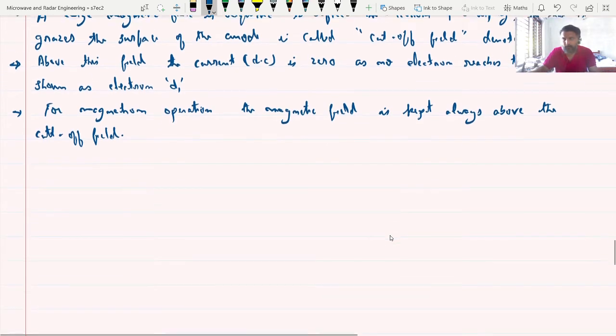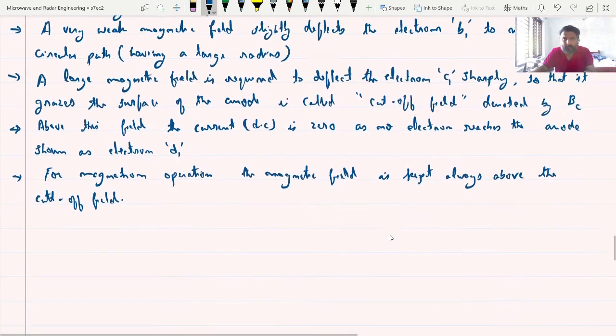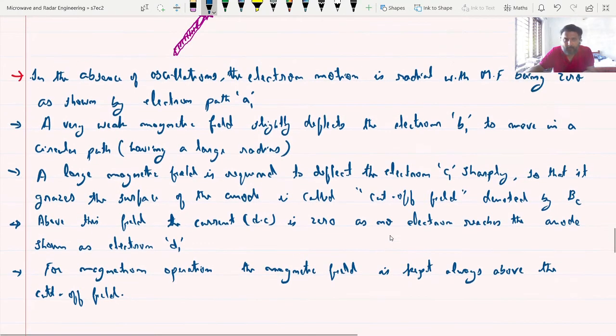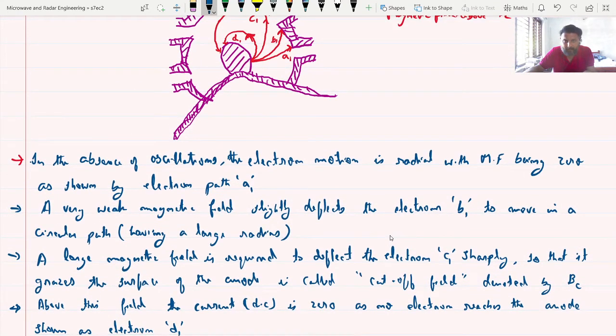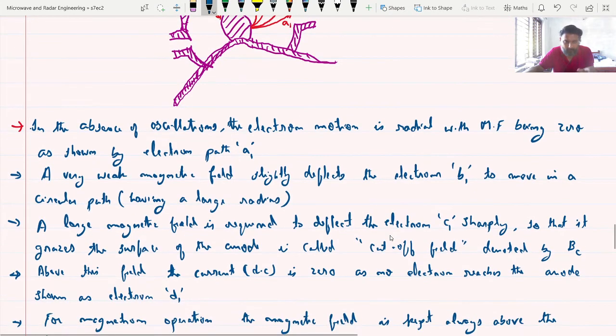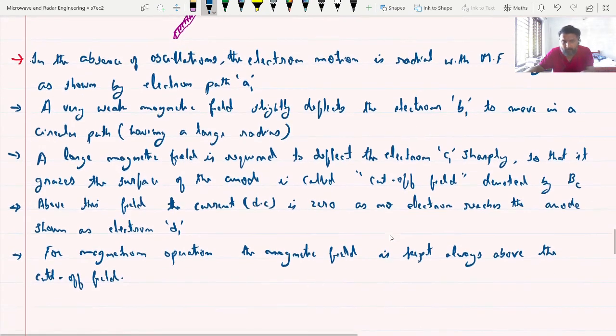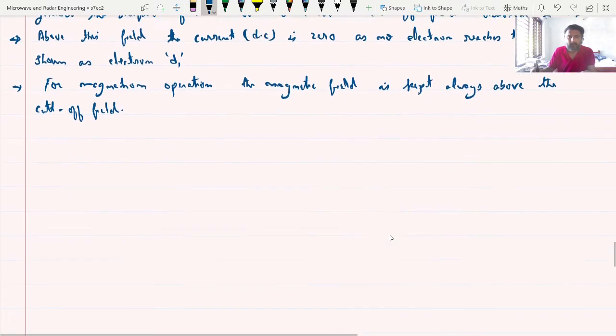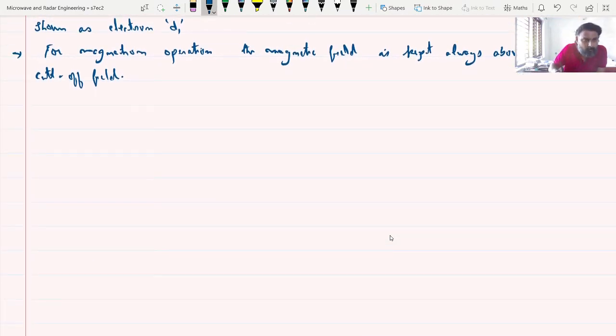I think it is clear for you people. Okay, so these are the points I had to discuss related to the operating principle of the magnetron oscillator. Clearly I have indicated here how, as and when we are given the magnetic field, the electron motion will occur. So we can see the pi mode of operation based upon some of the figures also.